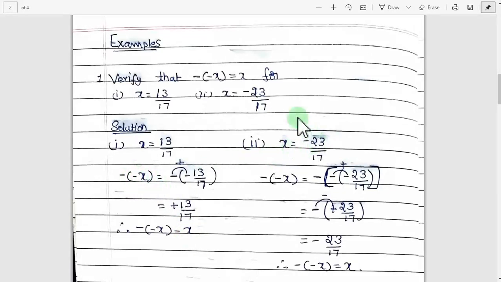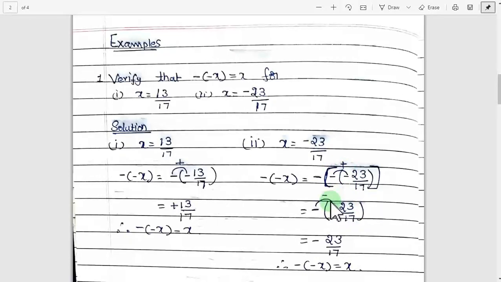Second question, the x value given is minus 23 by 7. Now minus into minus x is equal to minus into minus. Here the x value itself is minus 23 by 7. The x value has to be written as it is with the sign, minus 23 by 7. First of all, this minus sign you keep as it is. Inside the bracket, two minus signs are there together. In between brackets comes the multiplication rule, minus and minus becomes plus 23 by 7.